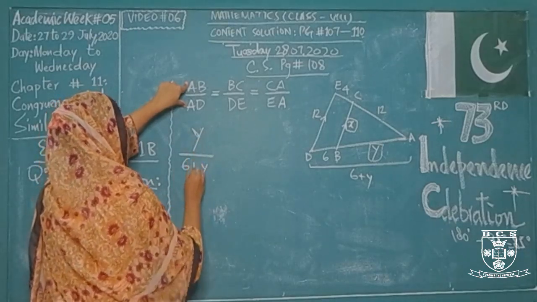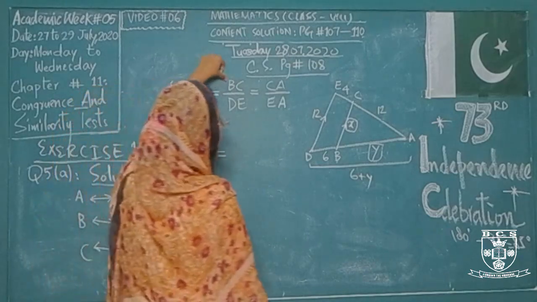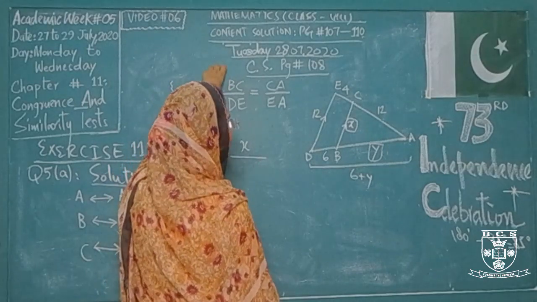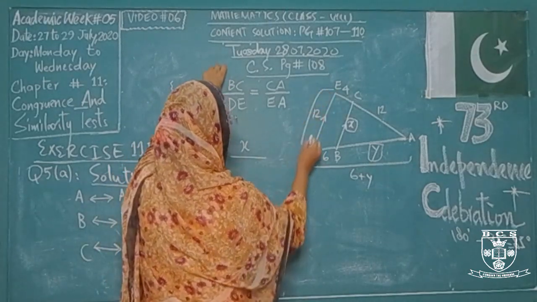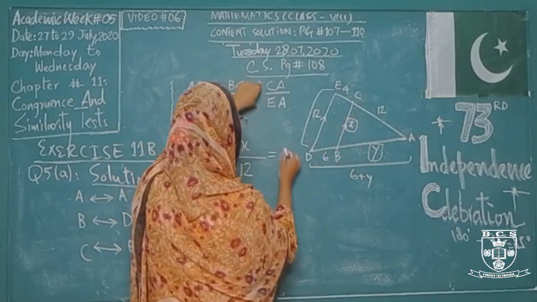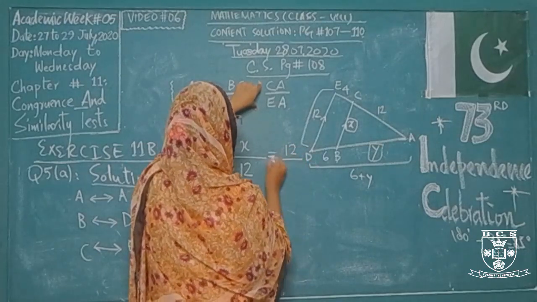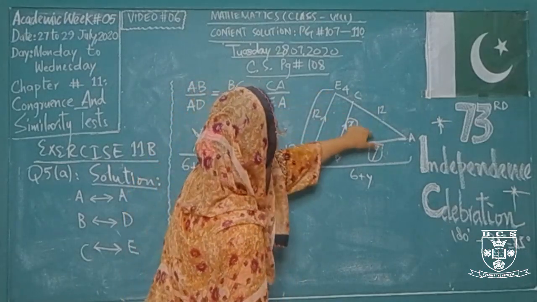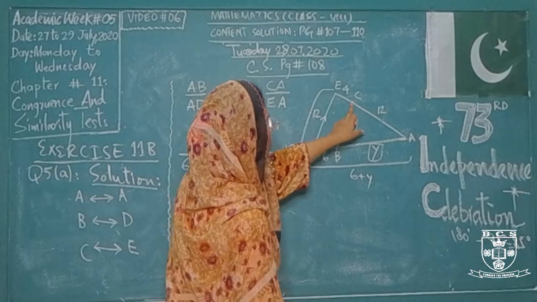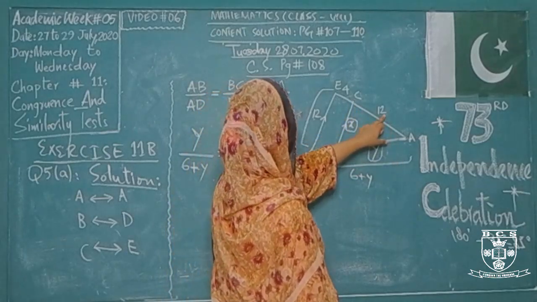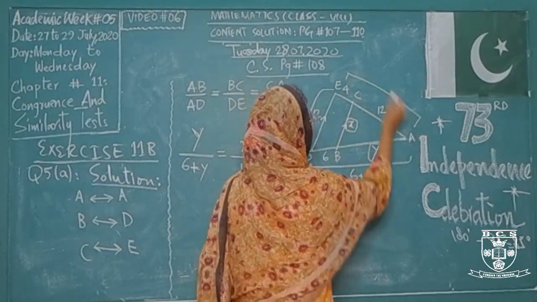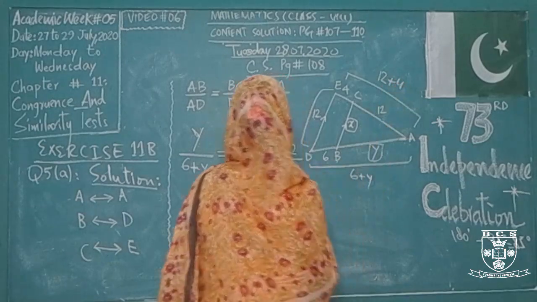So this is equal to side BC, that is given as x, and it must be divided by side DE. This is our side DE and its measurement is 12. Now we are having side CA. CA is 12. What about the next side, that is EA, our denominator for the last fraction. So this is representing two different values. For C to A, the distance is 12 centimeter, and from E to C the distance is 4 centimeter. So collectively 12 plus 4 equals 16.